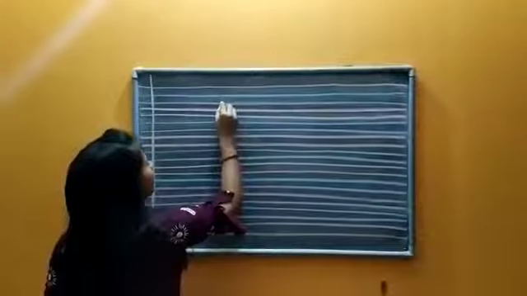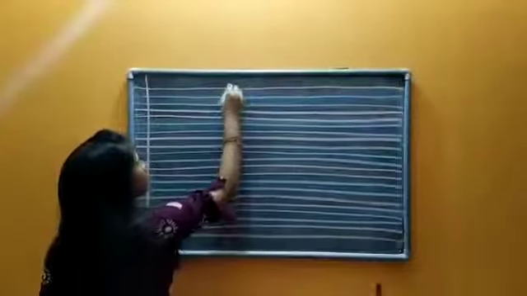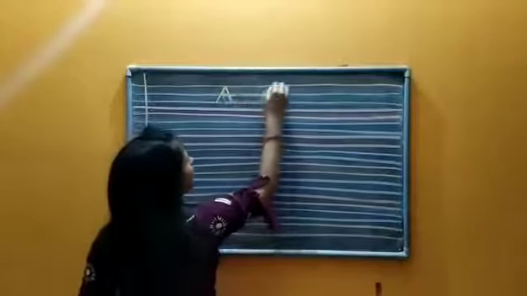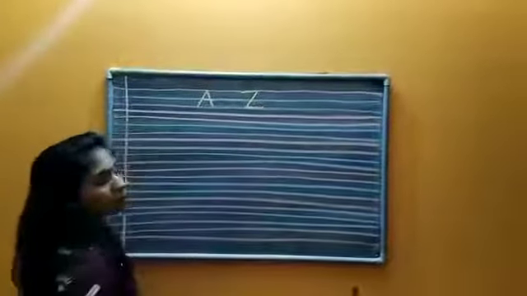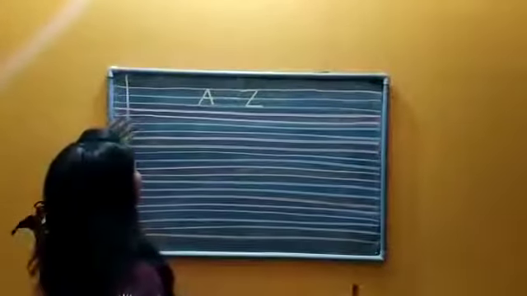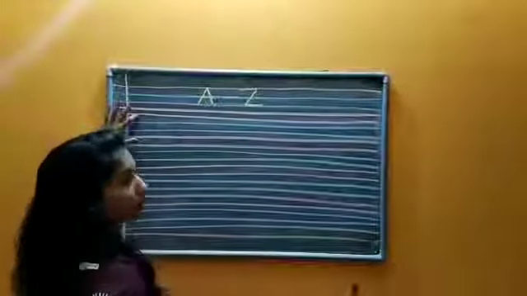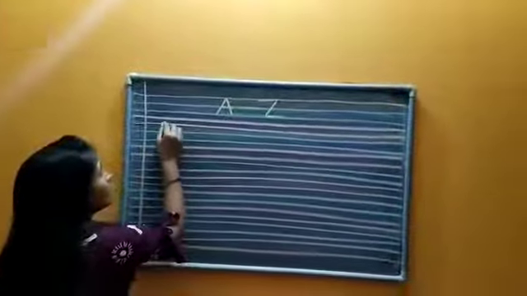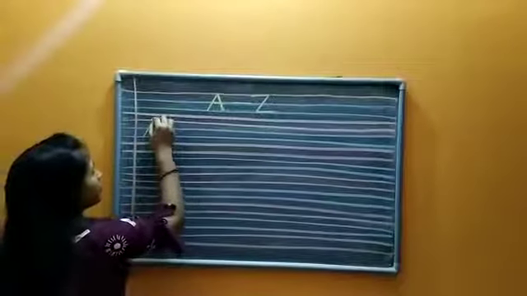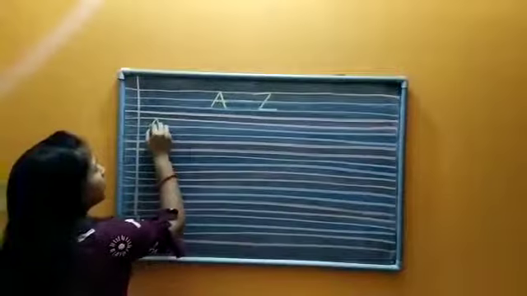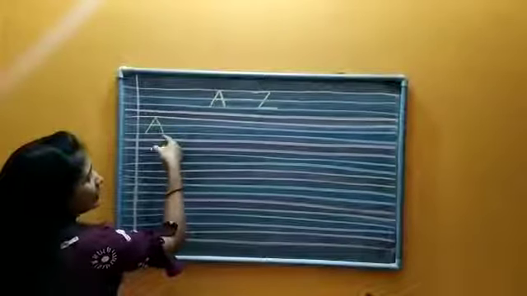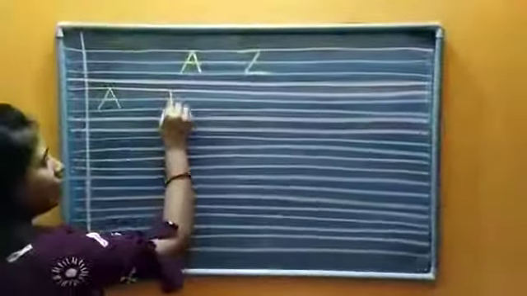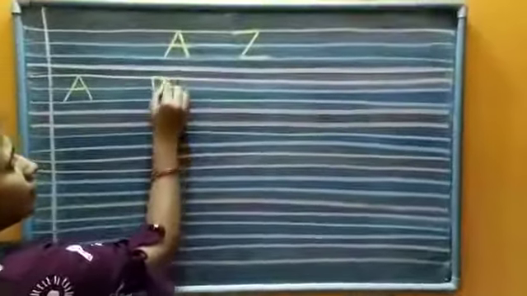Here is the heading, that is A to Z. Okay, so I will start writing from this line. Okay, see how I will write. So we have to make 2 slanting lines like this and merge it with the sleeping line. Okay, it is A, then a standing line over here with 2 curves.